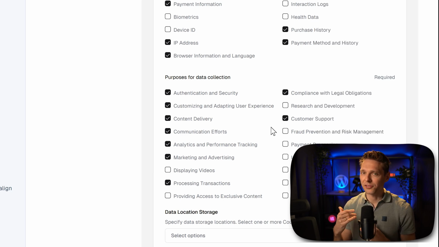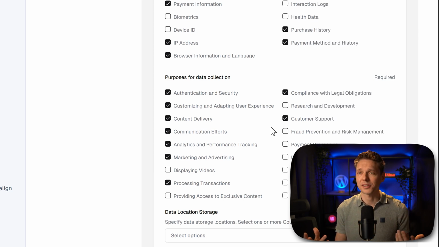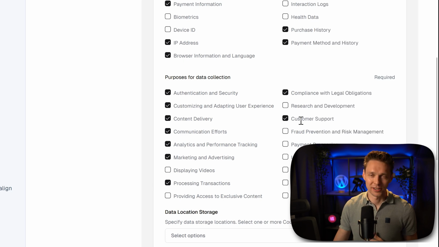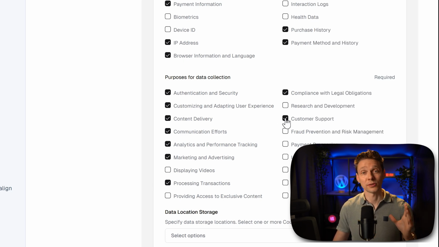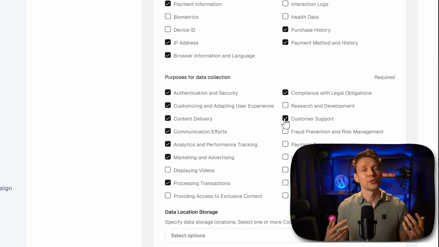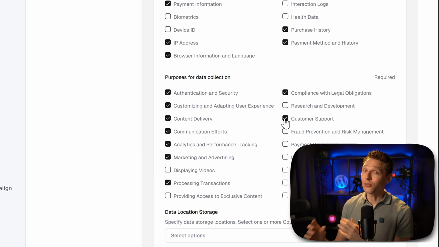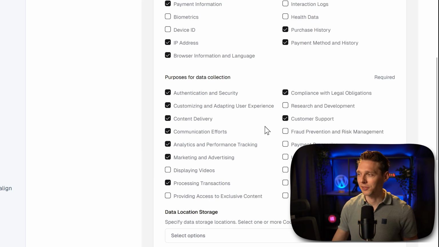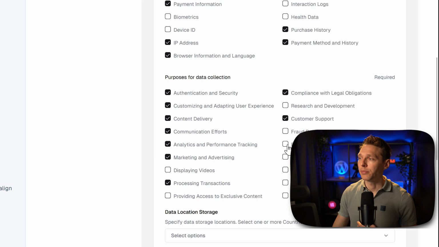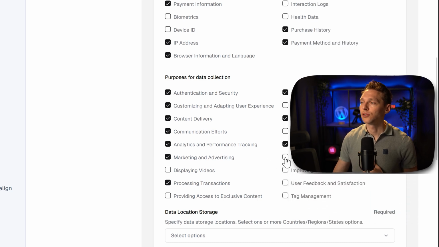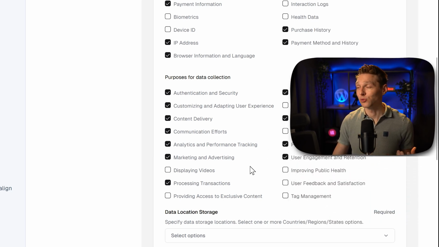And when someone calls me or mails me about the products, then I'm really going to use it for customer support. If you just have a simple portfolio website or a blog, then you might not be enabling this unless you are gathering leads information from your email forms. Then you are using it for customer support. Then I'm also going to check payment processing.